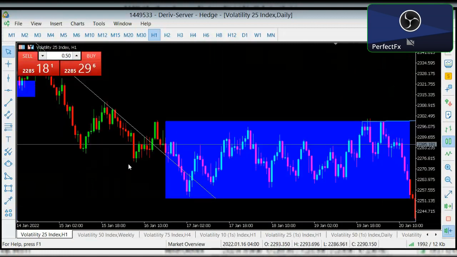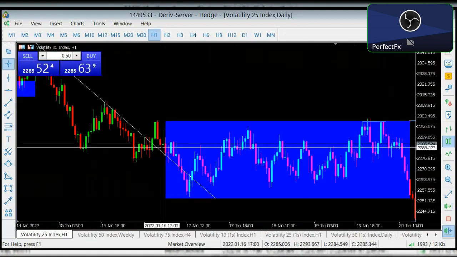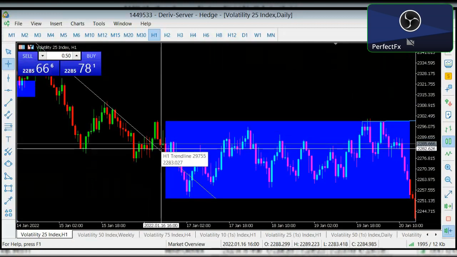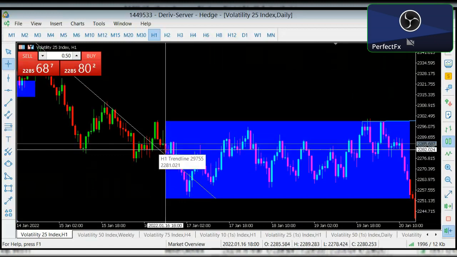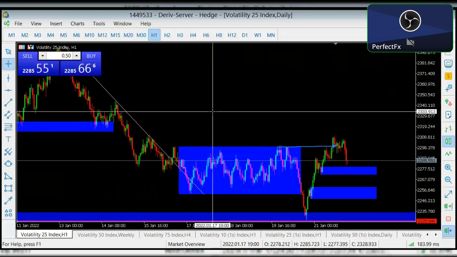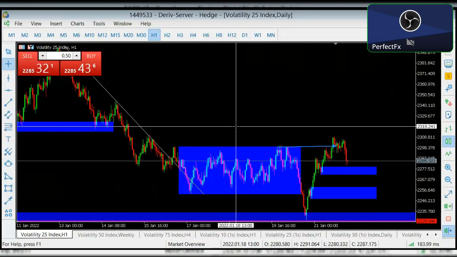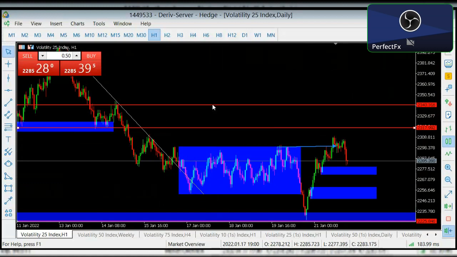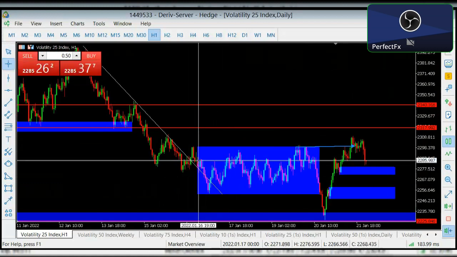So price was at this point in the market, and then we saw that price broke out of this trend line, came down to retest the trend line, and the analysis was given that VIX 25 was going to go long, and we'd be looking at exiting the market somewhere here, or somewhere here. But unfortunately, guys, price reversed to the downside and tapped us out. I was taken out on stop loss on this trade.